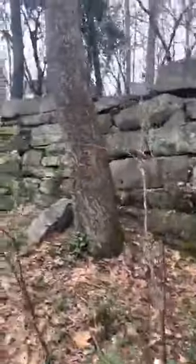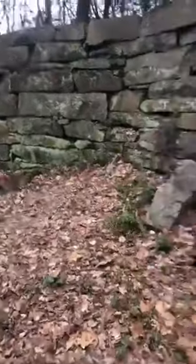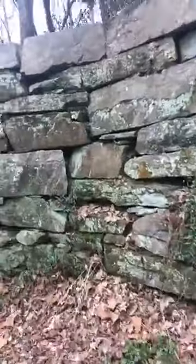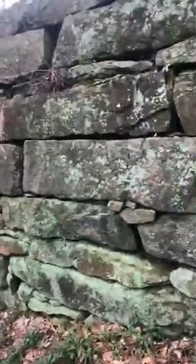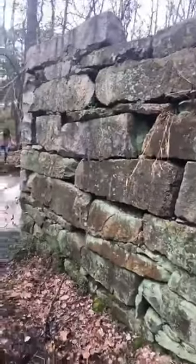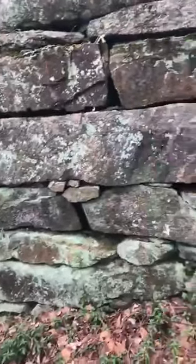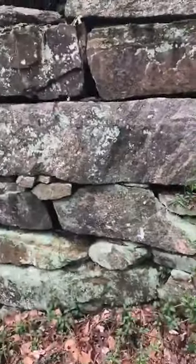I might have to. Oh, I see people hiking through the woods. They don't even know that they're about to be famous. Yeah, hikers coming through. Hello. So, it looks like this must be somewhat public. So, okay, here we go. So here is the close-up of